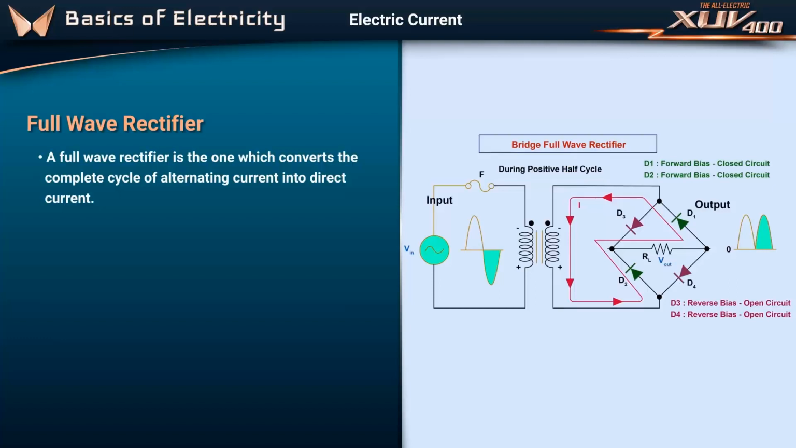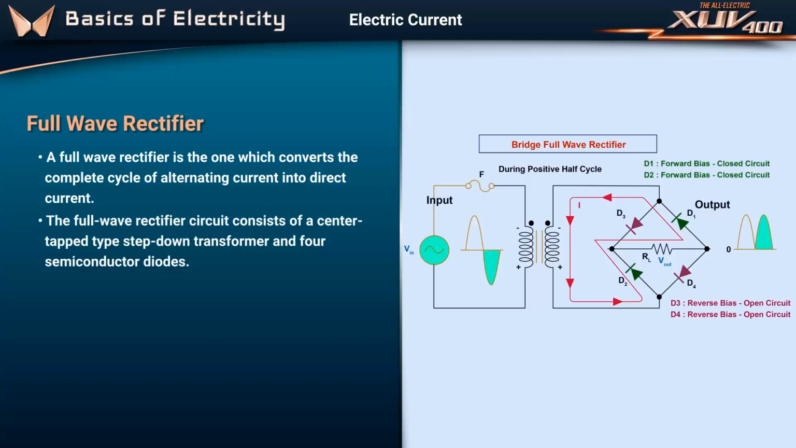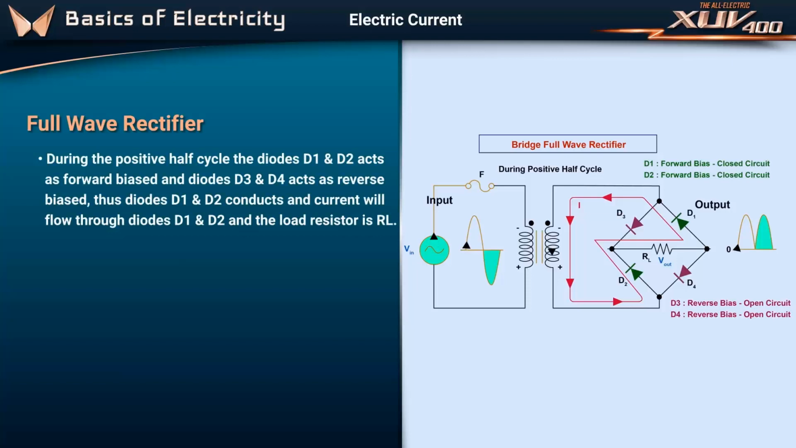Full-wave rectifier. A full-wave rectifier is one which converts the complete cycle of alternating current into direct current. The full-wave rectifier circuit consists of a center-tapped step-down transformer and 4 semiconductor diodes. During the positive half cycle, diodes D1 and D2 act as forward biased and diodes D3 and D4 act as reverse biased. Thus diodes D1 and D2 conduct and current will flow through diodes D1 and D2 and the